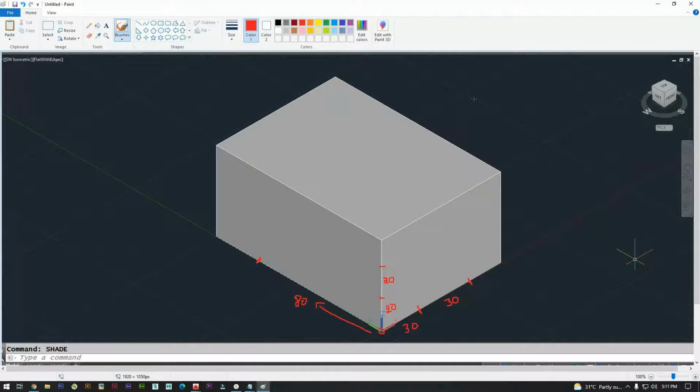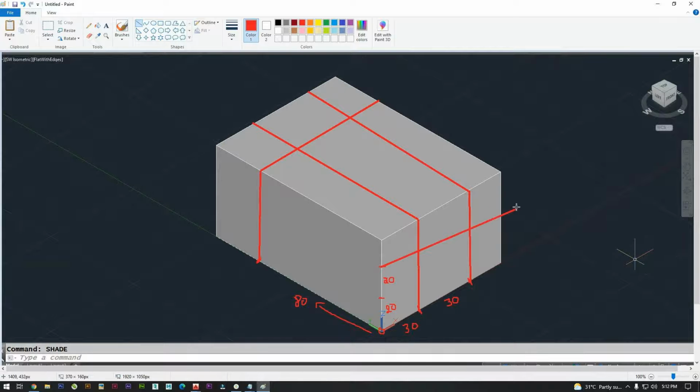So our slicing will look like this exactly. I'm giving you an imaginary drawing so that you see exactly how it's going to be.